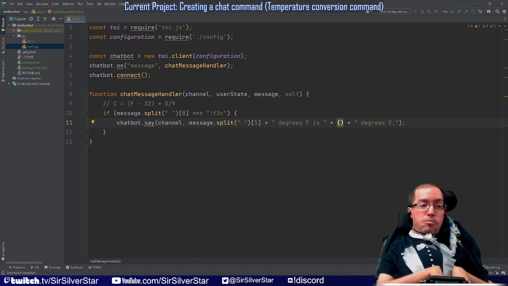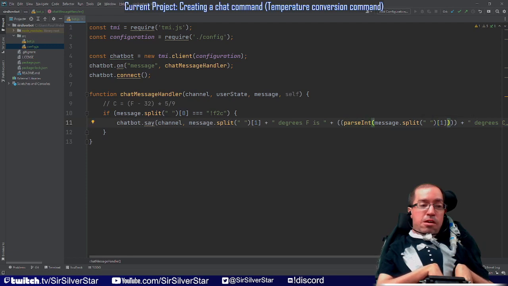Now we're going to actually run the calculation. We're going to take this, this is the number that we're doing. In order to make this work, since the number itself currently is a string, we need to convert it into a number, or in this case an integer, in order to make it usable for a mathematical computation. So we're going to use a built-in JavaScript function called parseInt, parse integer. We're going to put in that second element of the array,